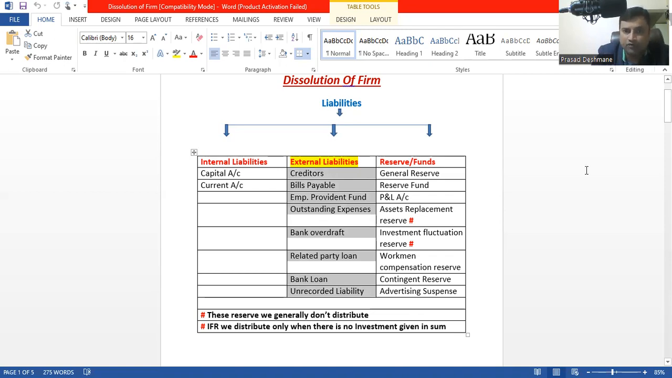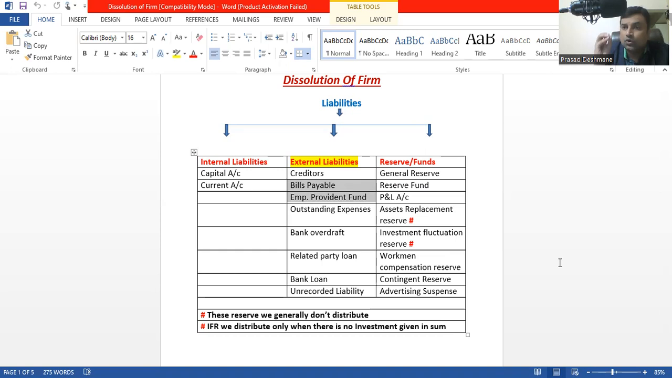Suppose they don't have the information about bills payable, and they don't have information about employee provident fund. They do not give any information in the sum. I'm saying, if they are not giving any information in the sum, still we have to pay the external liability holders. Similarly, as I mentioned, from where will they get the money to pay off the liability? They start selling their